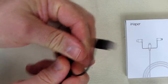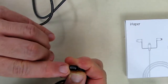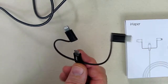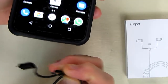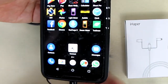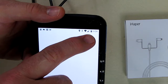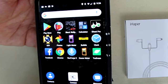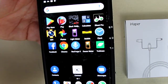And then if you pull on this right here, you have the micro USB connection right there. So I have a Nexus 6 phone right here, and let's just look at the orientation of that, and let's plug it into my phone right there, and it fits. And right away I can see the little charge indicator going right there. You can see right there it's got that little lightning bolt going on right there. So it's obviously charging and working. Now we're going to bring this to my computer upstairs, and we're going to see if we can transfer data